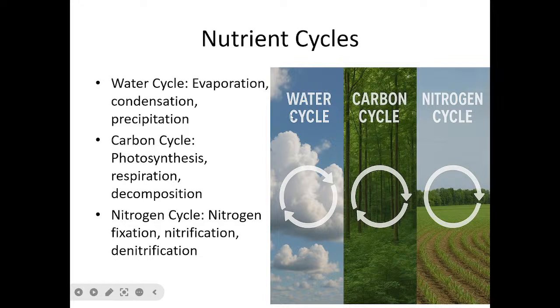There are three basic types of nutrients that must be continuously recycled. Water must be recycled, carbon must be recycled, and nitrogen must also be recycled. Water can be recycled through the processes called evaporation, condensation, or precipitation, whereas carbon can be recycled as a result of photosynthesis, respiration, and decomposition, whereas nitrogen can be recycled through nitrogen fixation, nitrification, and